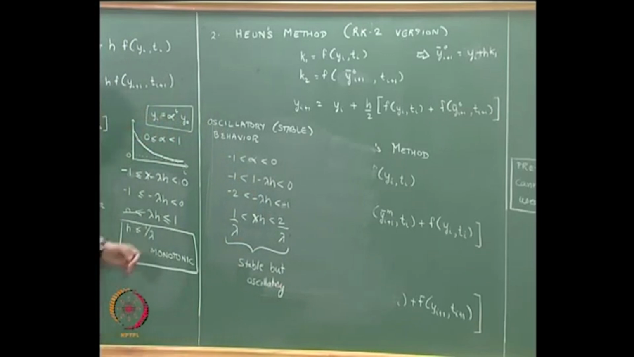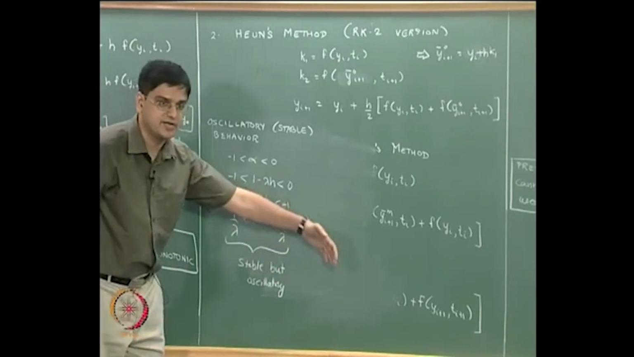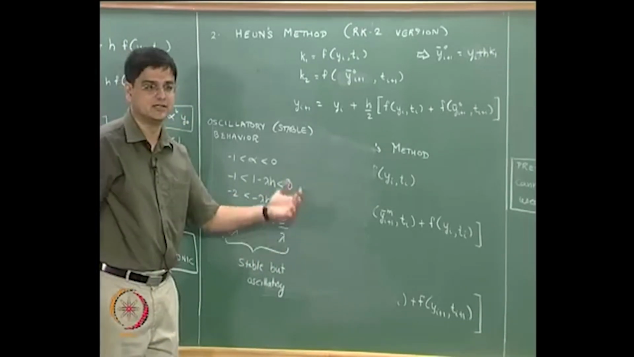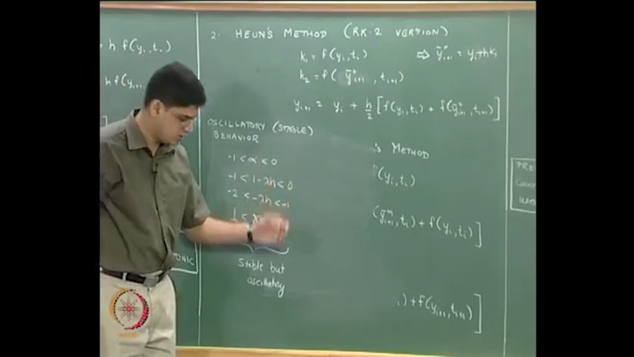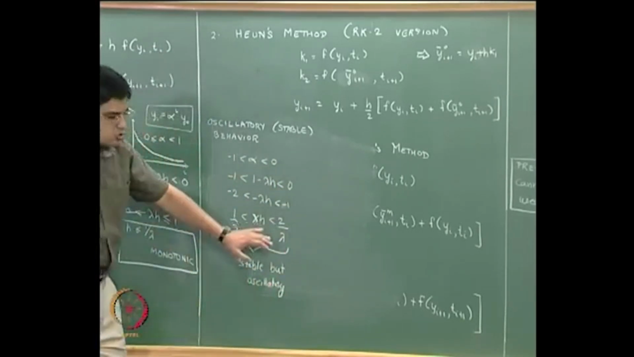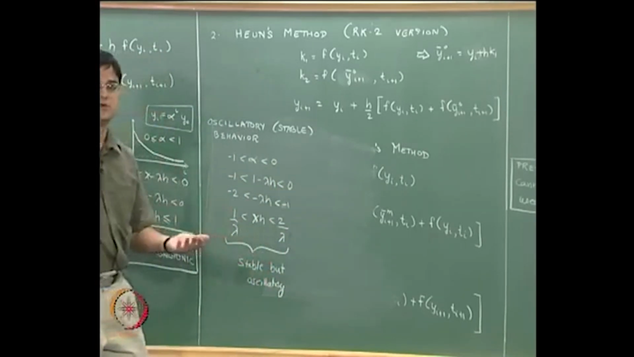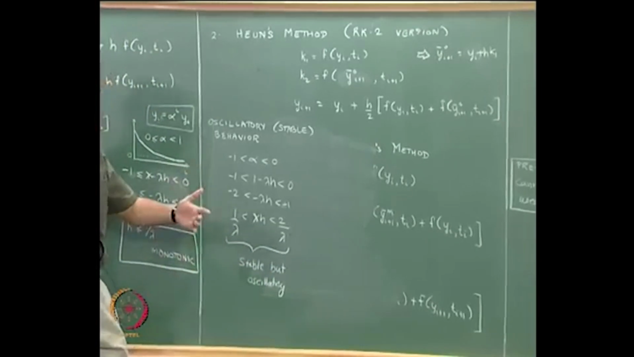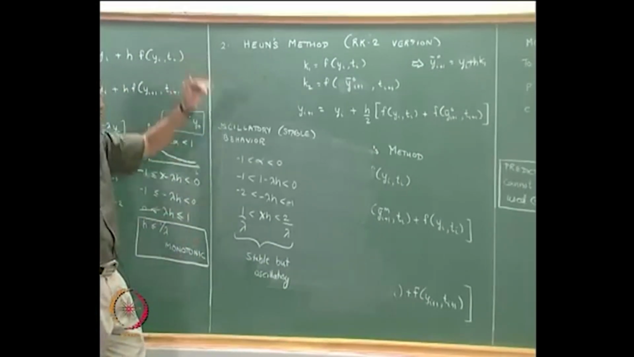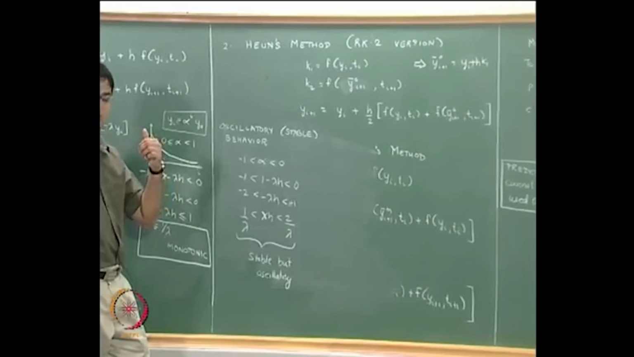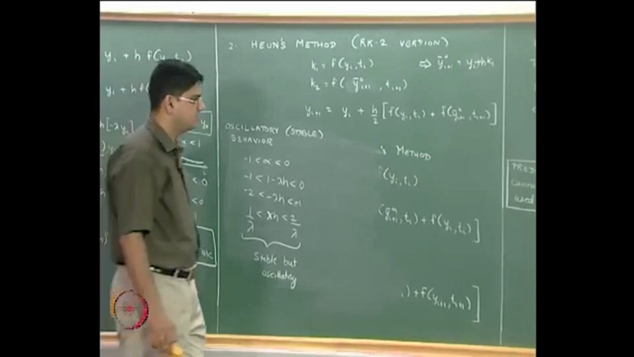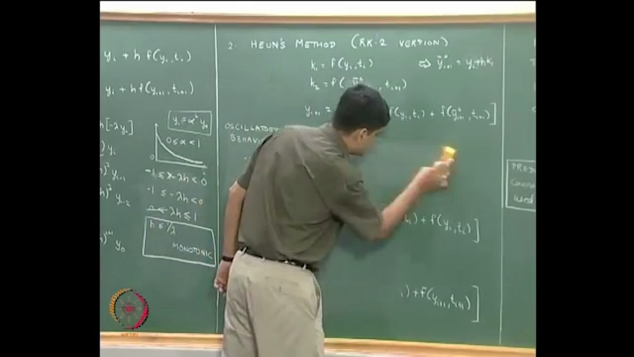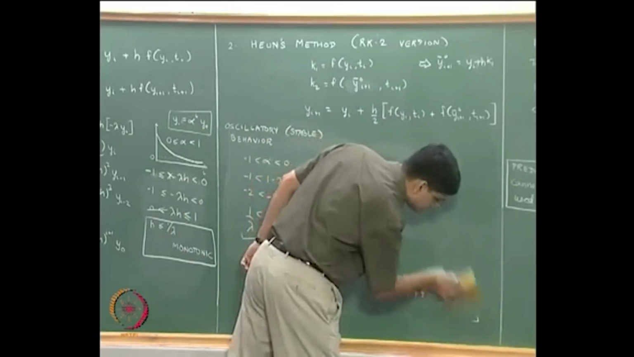If h is negative, we will get the system to be unstable. If h is greater than 2 by lambda, we will get the system to be unstable again. In addition to the system being unstable, we will also see oscillations. So the system is both oscillatory and unstable. So to summarize these results,